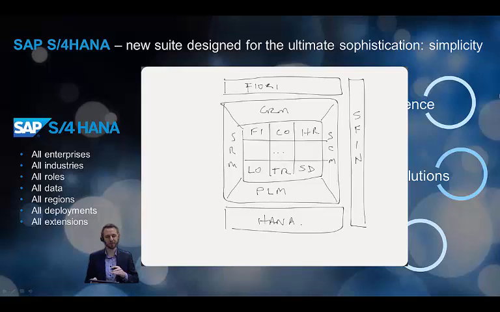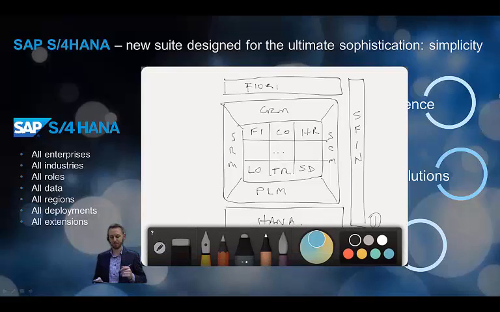And it works in three ways, and this is the three ways that I mentioned earlier. First of all, we remove all the aggregated tables from the database. So all those secondary indexes, all those total tables, we don't need them anymore. We work off one single line item level, so one single source of the truth. So we're starting off with the simplified data model. Now that drives innovation up into the application layer,